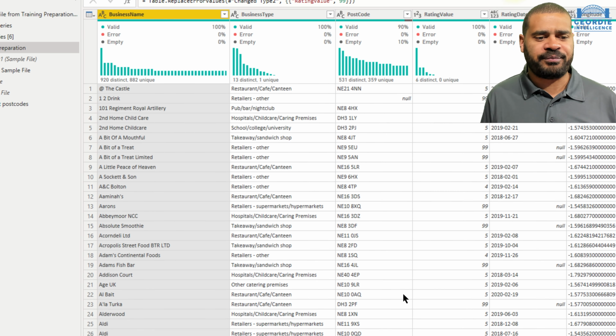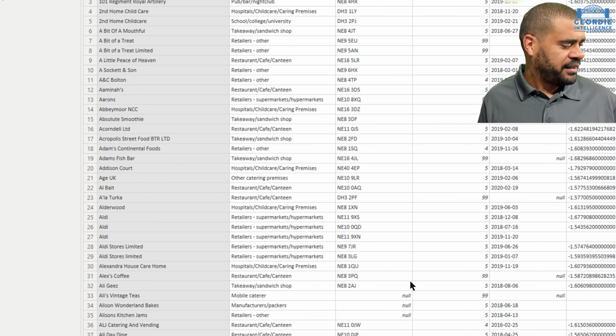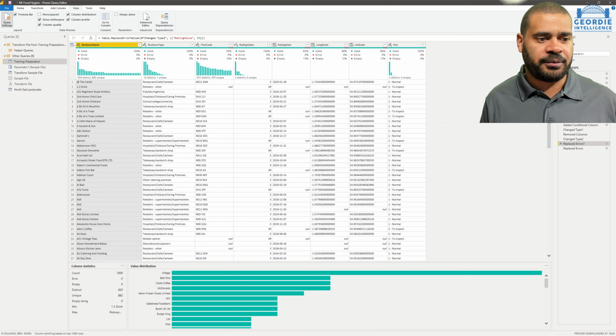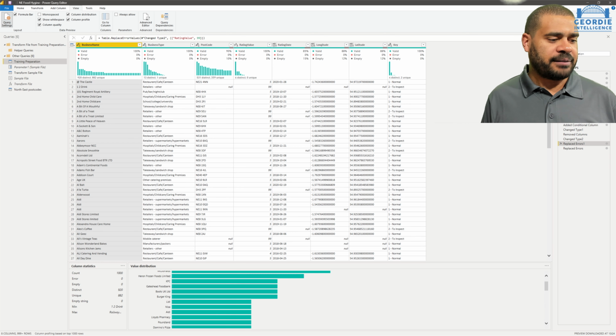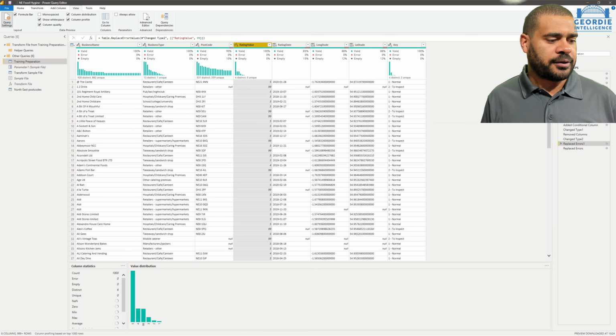And the last one is the column profile. Let's see if we can really show that. Let me see if I can find a view. So right at the bottom here we've got the column statistics, actually telling us things about the distribution of the columns and what's actually happening. So if we pick distribution, we can see here the split of it, and we can see that most of them are 5s or 4s, but 99 is making up an awful lot.